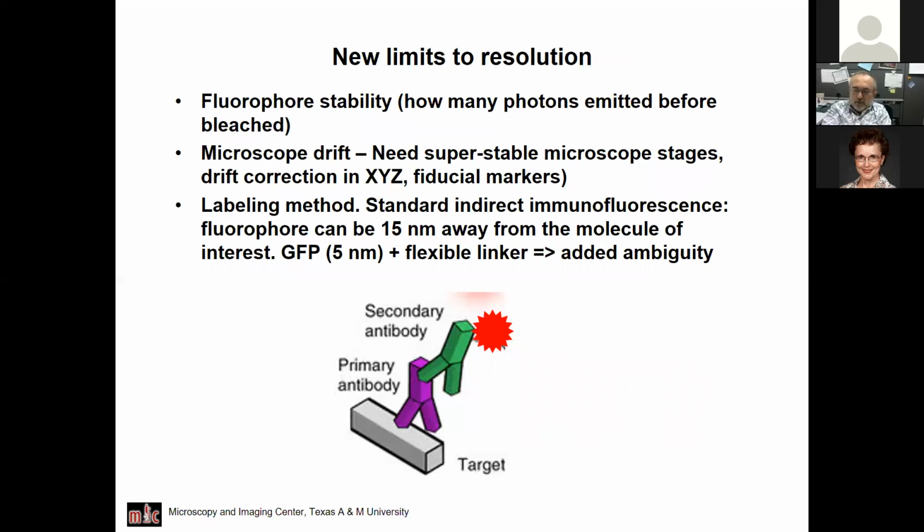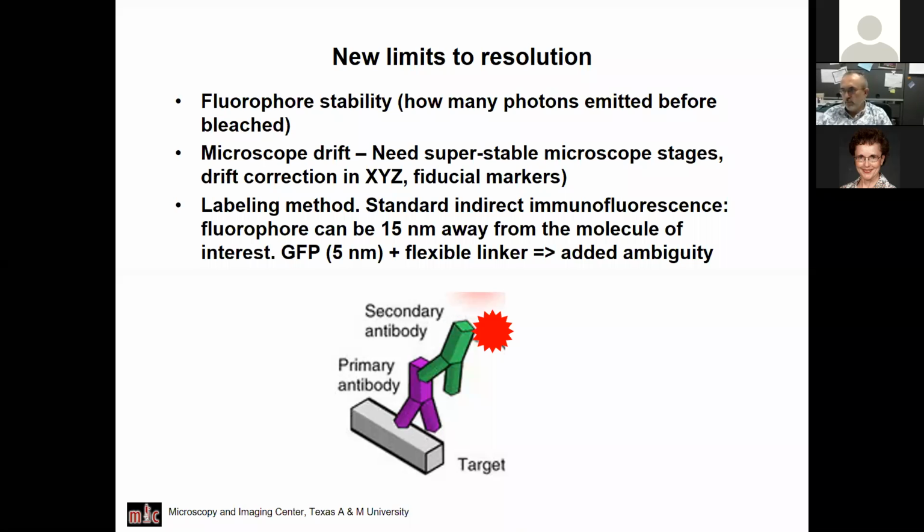But of course, when we do that and we increase the resolution, we have some new limits to what can be resolved. One of them is how stable those fluorophores are. How many photons can we get out of a single fluorescent molecule before it's destroyed or bleached? That's typically a fairly important issue, especially with fluorescent proteins, because you get much fewer photons from, say, a green fluorescent protein than you would get from a synthetic green fluorescing dye. And that will affect